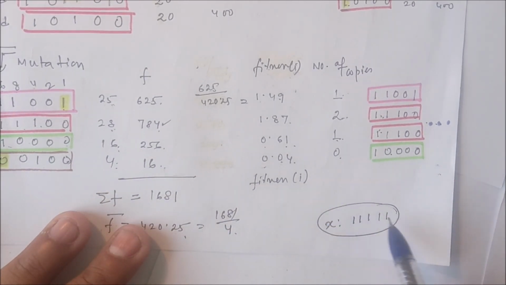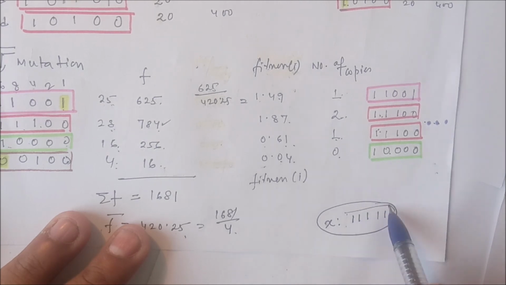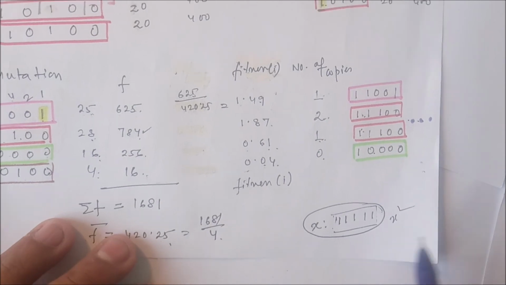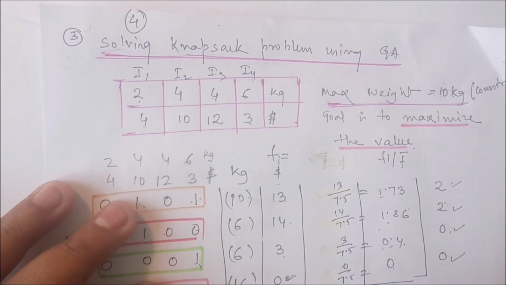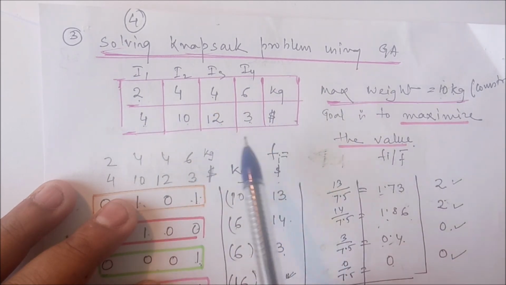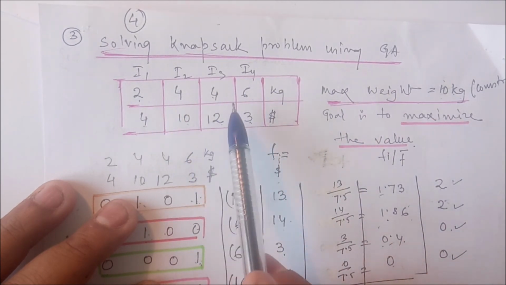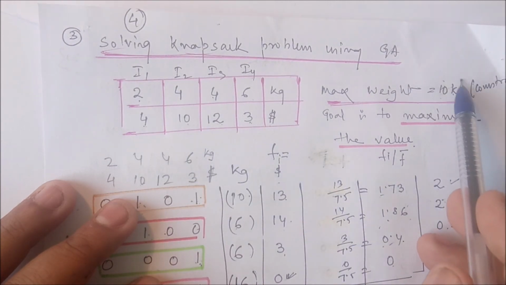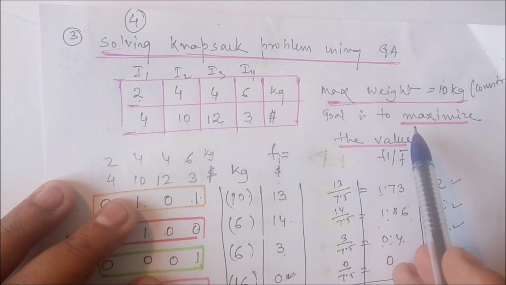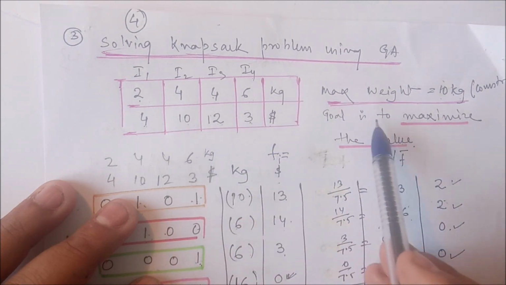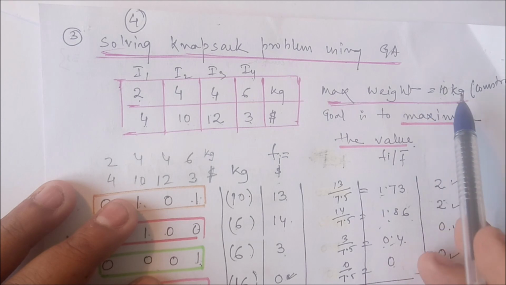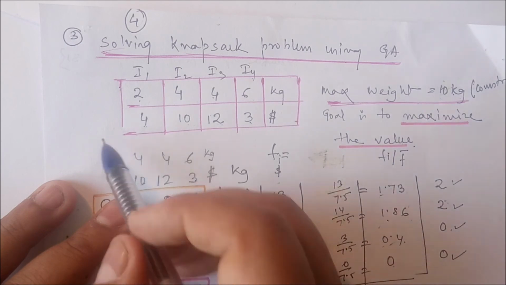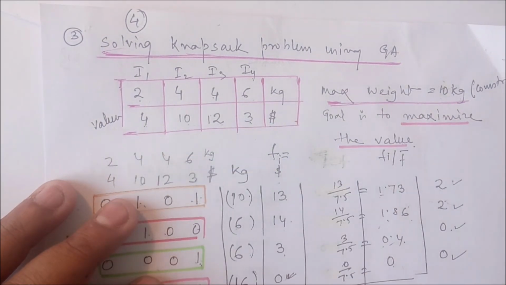और हम लोग का ऑप्टिमल रिजल्ट कब होगा, जब हर बिट 1 हो जाएगा, सब बिट 1 हो जाएगा, तभी x² का वैल्यू मैक्सिमम आएगा। तो ये प्रोसेस इसी तरह से चलता रहेगा। लास्ट एक प्रॉब्लम है नैपसैक प्रॉब्लम, इसमें 4 डेटा आइटम हैं, 1 2 3 4, वेट्स हैं 2 4 4 6, वैल्यूज हैं 4 10 2 3, मैक्सिमम ये 10 किलोग्राम का वेट कैरी कर सकता है। गोल है कि हम लोग कौन सा आइटम लेंगे जिससे वेट 10 किलोग्राम्स के नीचे रहेगा, और वैल्यू मैक्सिमम होगा।